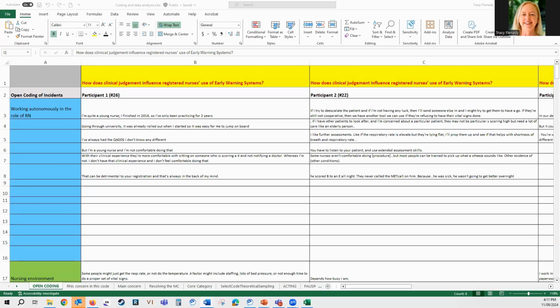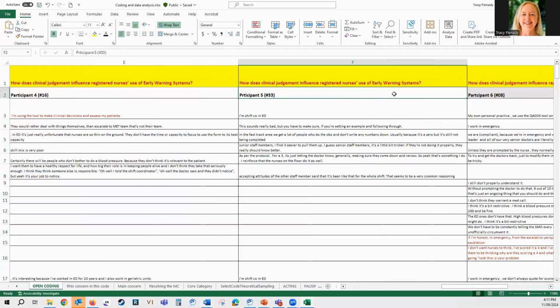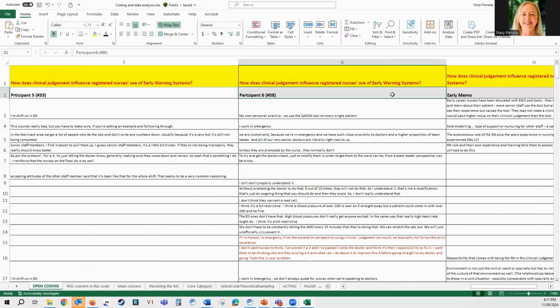These early interviews and the open coding you see here was when Justine was focusing on identifying the participant's main concern. Noting it took 6 interviews, so you can see we go across the page here. 5, 6. It took 6 interviews until the main concern clearly emerged. And that brings us to column H here,